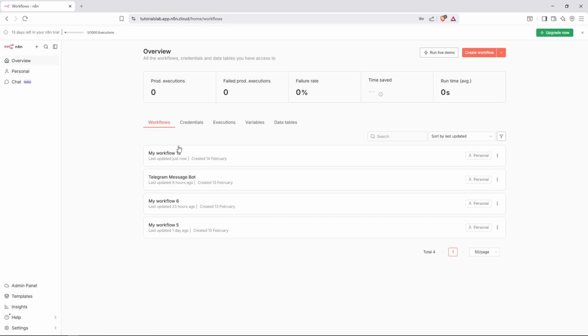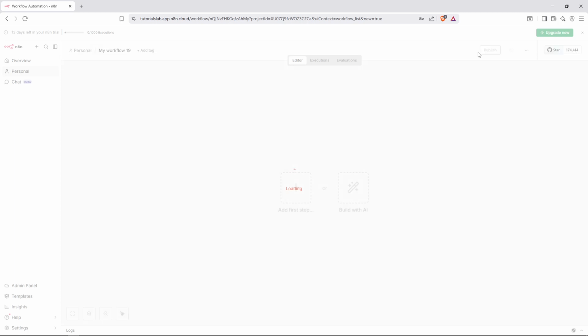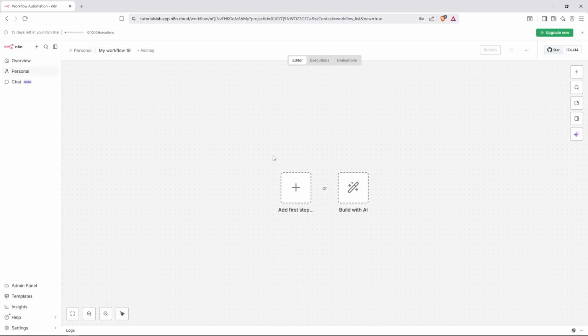Now, look at the top right corner of your screen where you'll find the Create Workflow button. Go ahead and click on it to begin setting up your new workflow. After clicking that button, you'll be directed to your n8n Workflow Editor. Here you'll notice two options for creating your workflow. The first is to build it manually using the Add First Step option, and the second is to build with AI. For our purposes today, we'll be going with the manual approach to ensure you understand each part of the